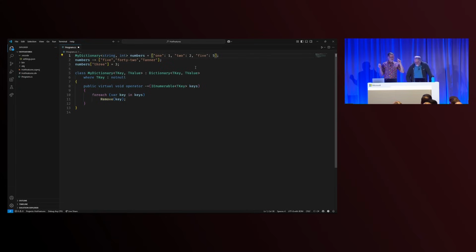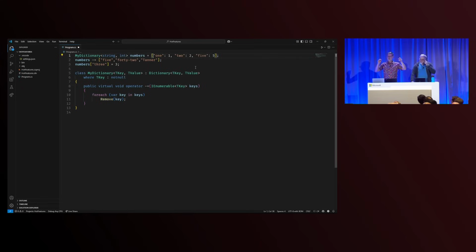So I want to get into a few details of how this works. Dictionary expressions aren't actually technically a thing in C#. They're still collection expressions. It's just that there's a new kind of element you can put in collection expressions, this key value pair thing.